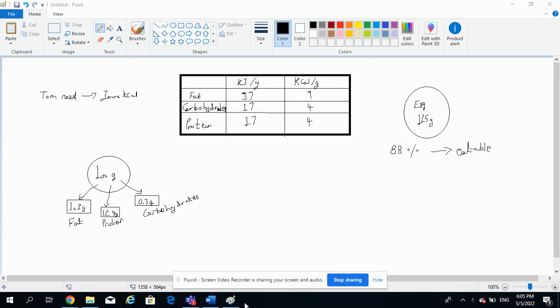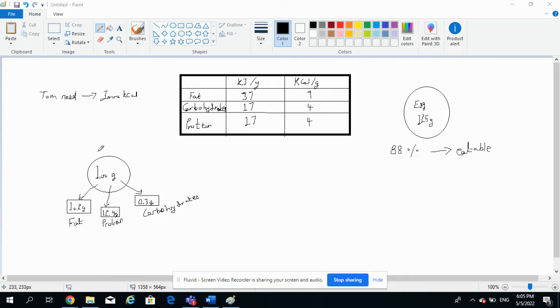Today we have a scenario where Tom needs 3000 kilocalories per day to fulfill his nutritional value. Now we have a data table where the kilojoule per gram values of fat, carbohydrates, and protein are represented. Similarly, kilocalorie per gram. So 37 kilojoule per gram for fat is equal to 9 kilocalories per gram. These are the values per gram of fat, carbohydrates, and protein according to the nutrition which is contained in an